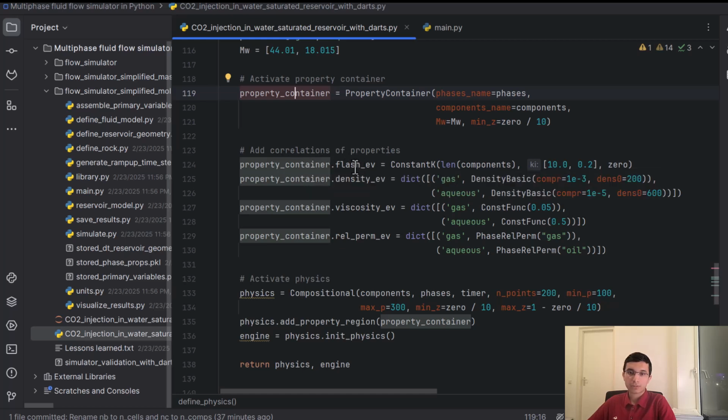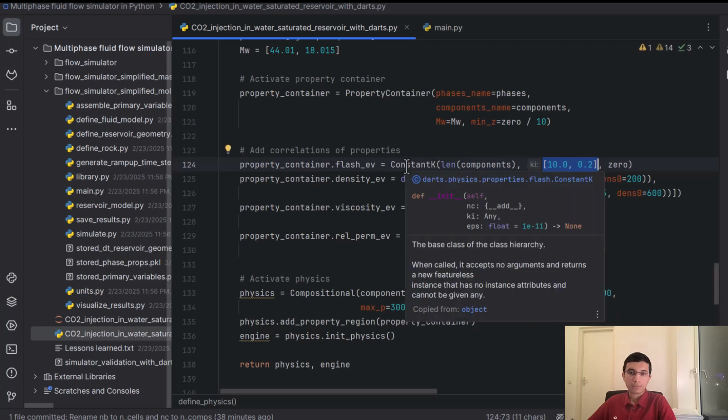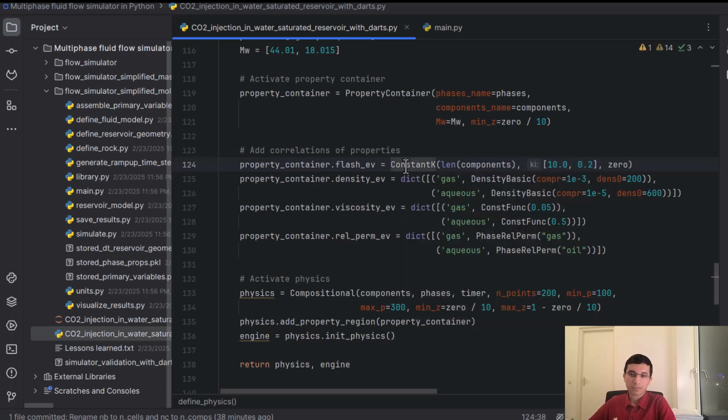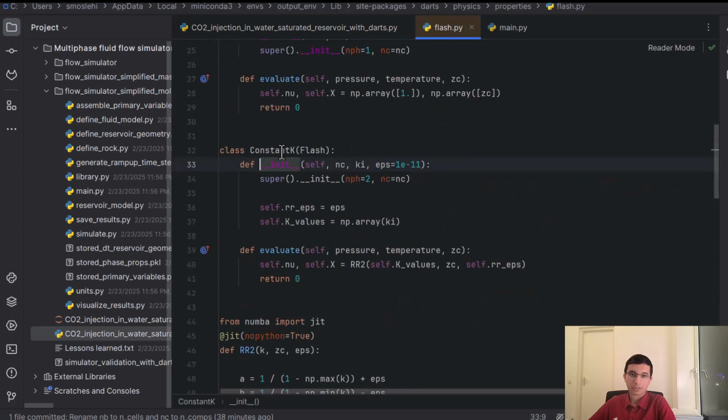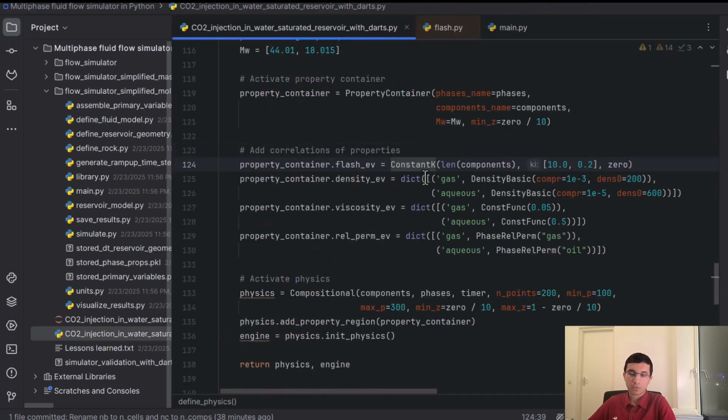For flash calculations, we use constant K values, and these are the constant K values that we have used, and we store this correlation. As you see, it's a class. We store an object of this class in this variable, and we also